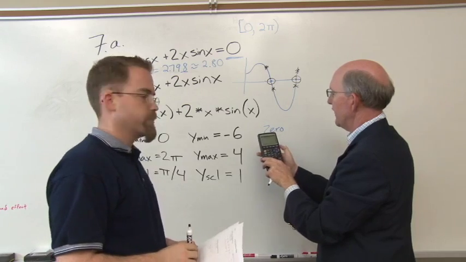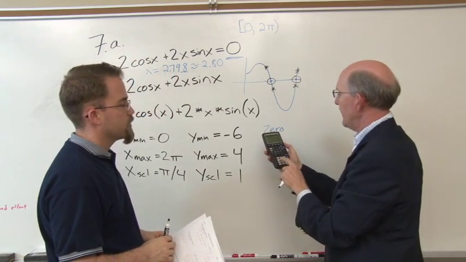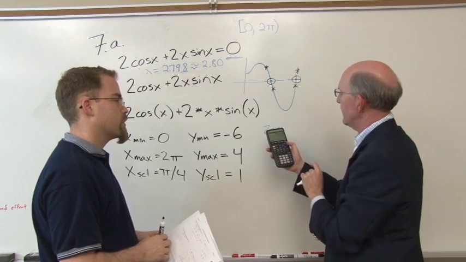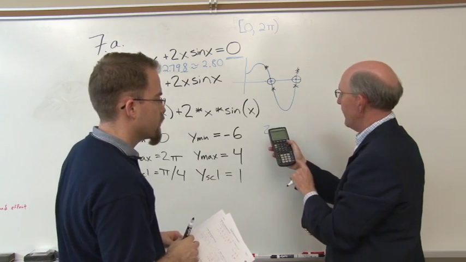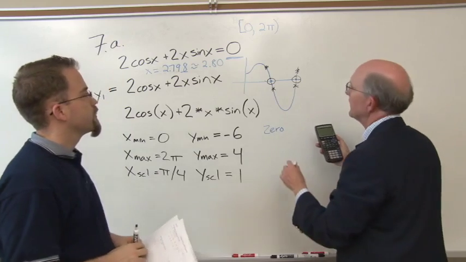Action shot right. Action shot. There we go. Okay, so 5.8 is on the left. I'm going to press enter. I'm going to get over to the right. We're almost to 2 pi, so we have to stay within the bounds there. Finally, do our guess. Press enter the third time, and it tells us